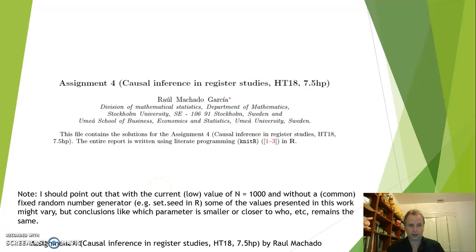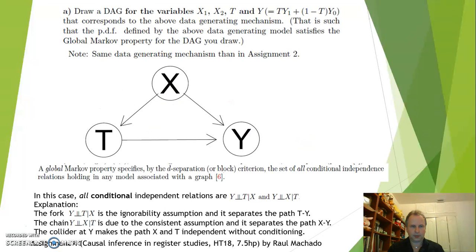I'm going to do the fourth assignment. This time is going to be fast because there are two parts. The first is about drawing a DAG of a certain equation given in assignment 2. As you can see, you have here the outcome, the treatment, the covariates, and then the global Markov